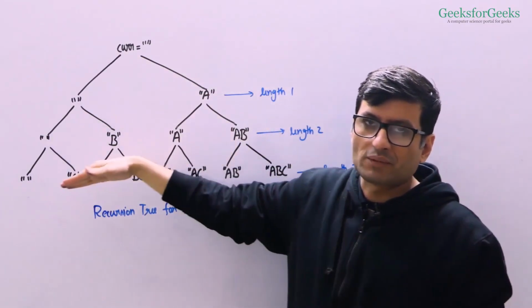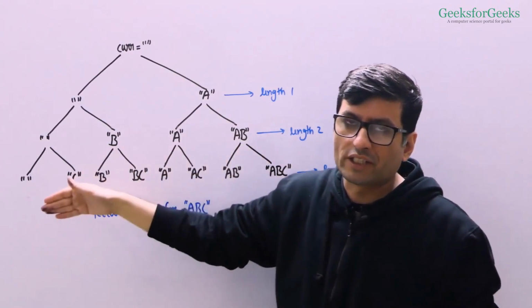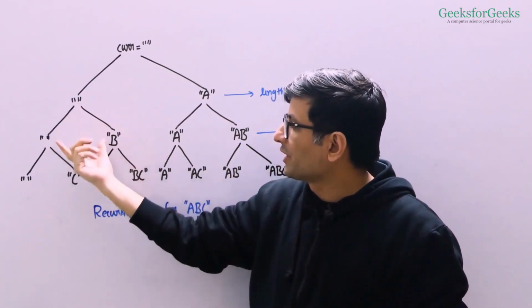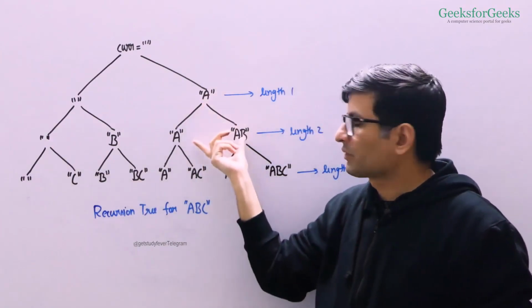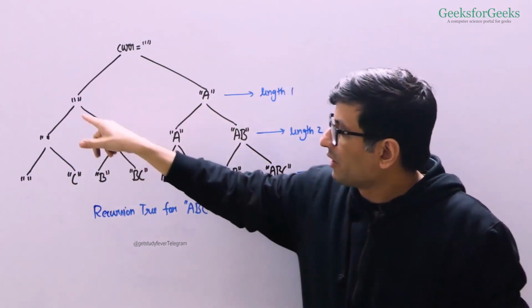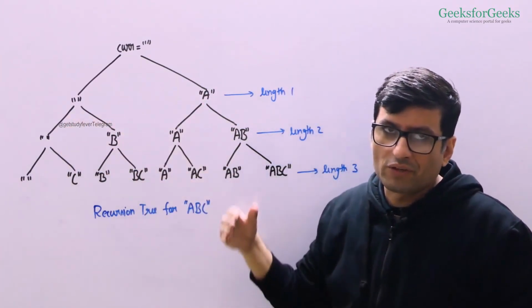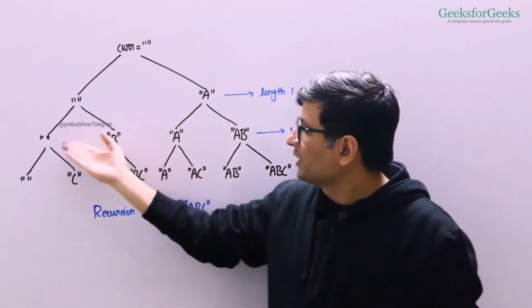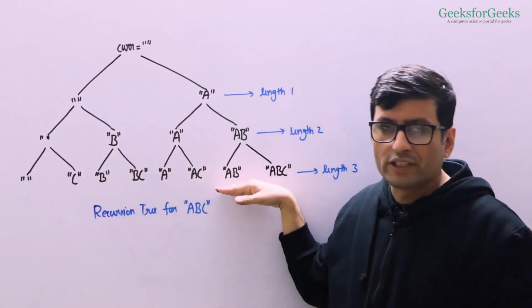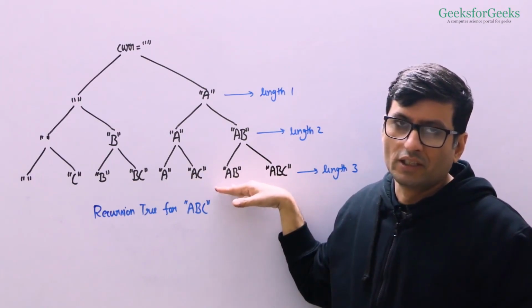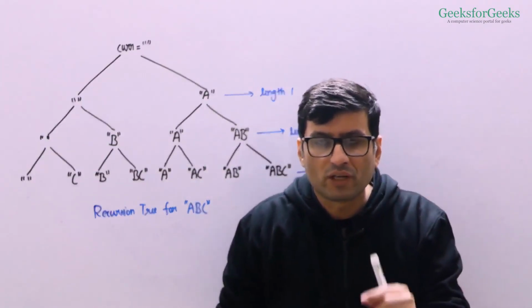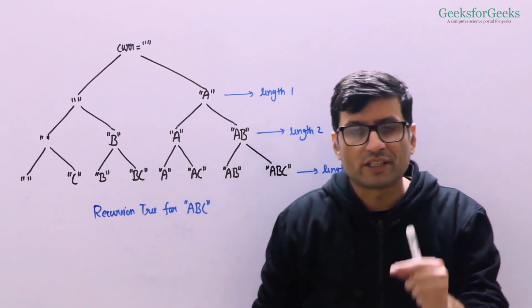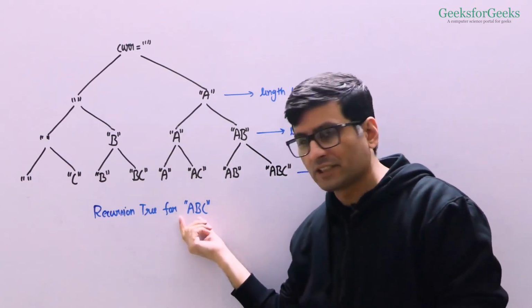Now we are going to generate subsets for length 2. We are going to consider character B. So we are going to generate 2 subsets from it, 2 subsets from it. Again by not including and including. Now we are going to consider length 3, and from these 4 subsets we are going to generate all the 8 required subsets. So what are we going to do? We are going to write a recursive function that's going to take a string as an argument, your original string as an argument.